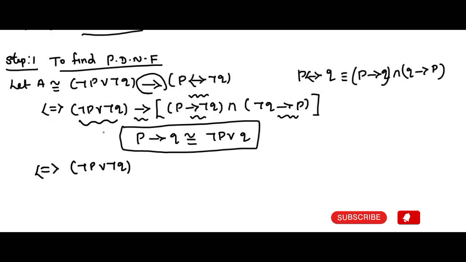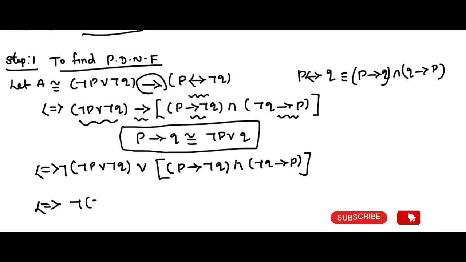So we consider this is your P. So here we get negation of this term, or I am going to write this term. Step by step I am going to remove the symbol. So negation Q and negation Q then P. Once again using equivalent law for these two terms, we get the next step: negation of negation P or negation Q, or if you remove this symbol by using equivalent law, we get negation P or negation Q, and here we get negation of negation Q. It is Q or